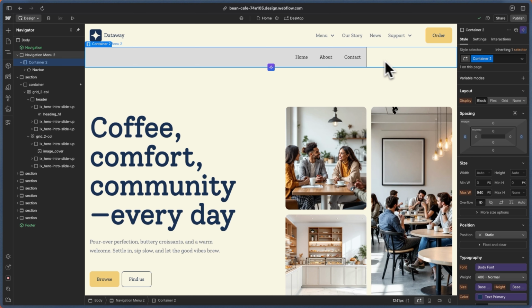Now, another thing is that it doesn't actually go all the way through. The reason for that, again, is over here under size, its max width is 940 pixels. So we're going to change that to %, and we're going to pick 100%, so that this entire container, including the navbar that's inside this container, goes all the way through